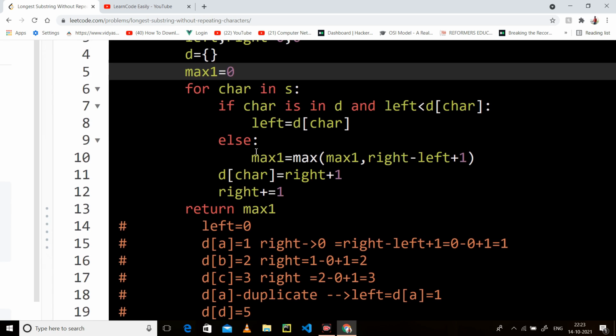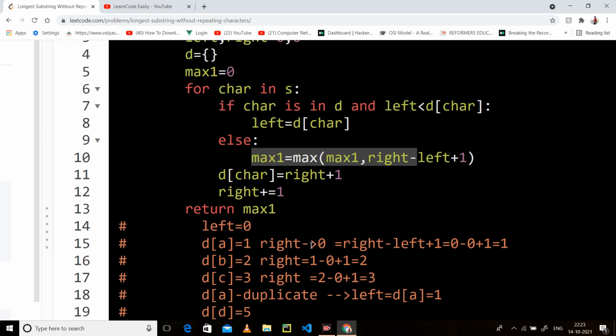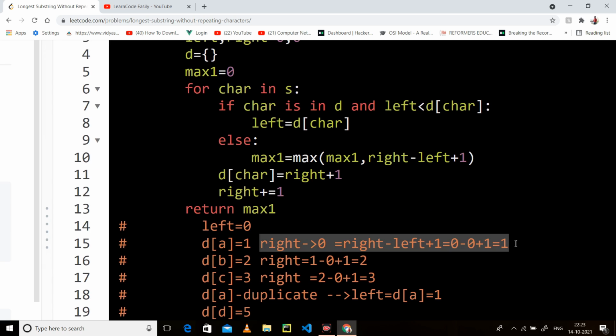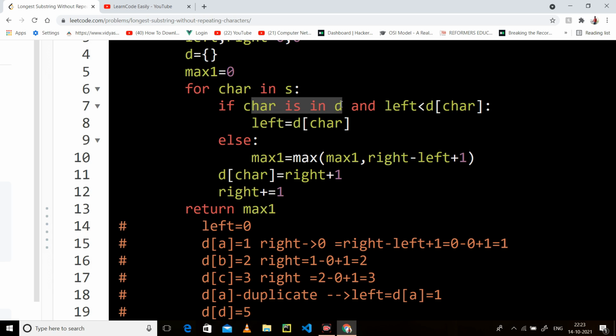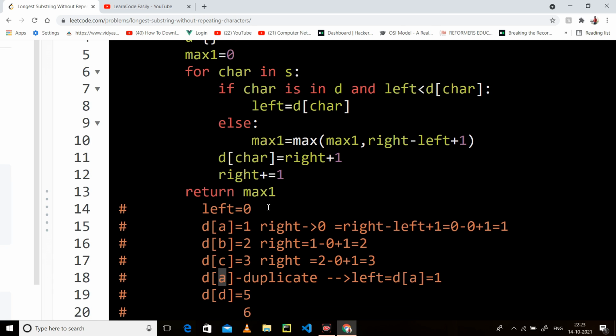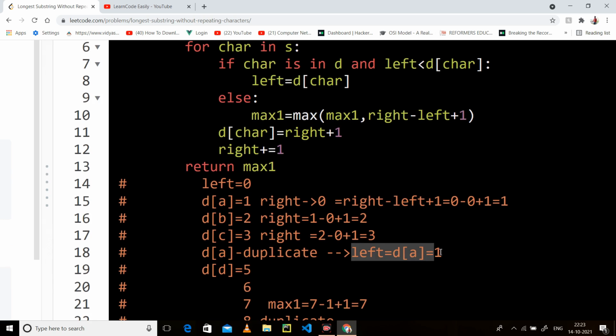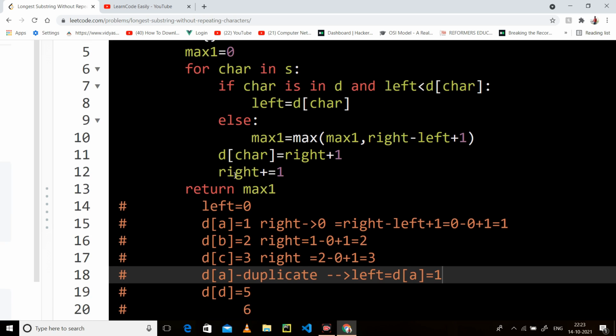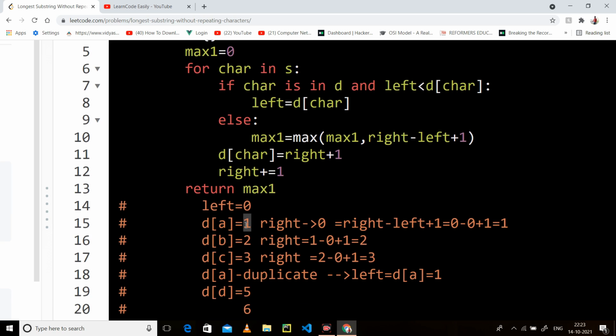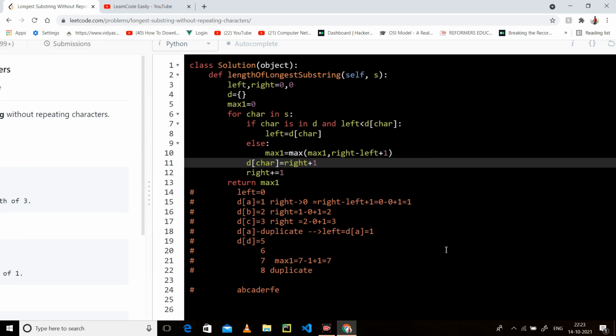So if it is not, then you have to do this step at every point. If you find a character that is already stored, you have found a duplicate, so you have to move your left. As I have told, that is why I have incremented 1 here. And you have to just return max 1.